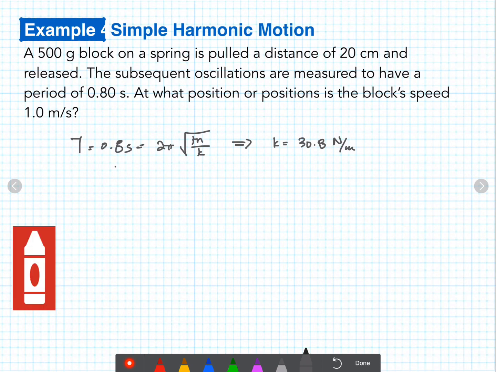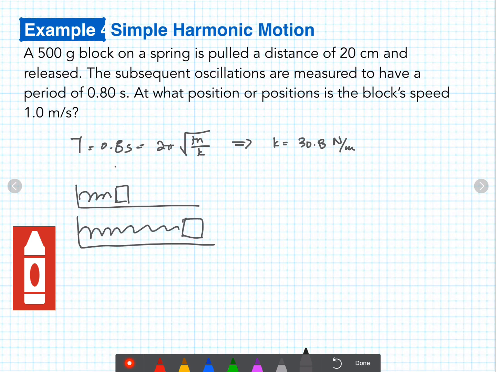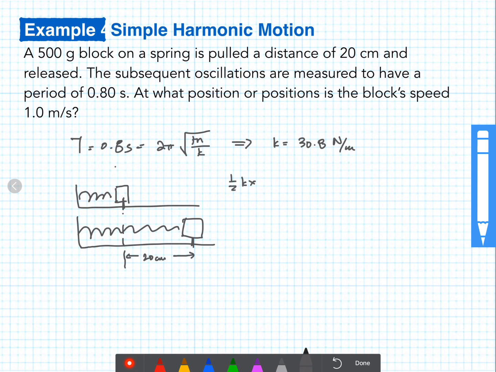So look, we have a block on a spring. It starts out here. We pull it a distance of 20 centimeters and release it. So its initial energy is 1/2 kx squared, plus 0 because it's not moving. When we want to know what it's doing in the final state, that's going to be 1/2 kx squared, where x is your maximum amplitude to start out with, plus 1/2 mv squared,